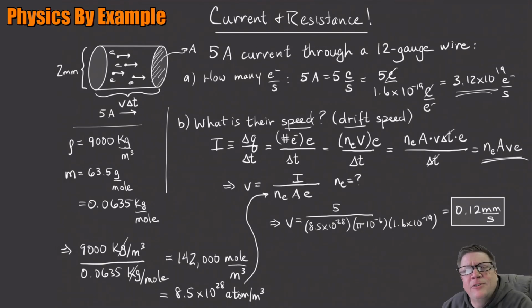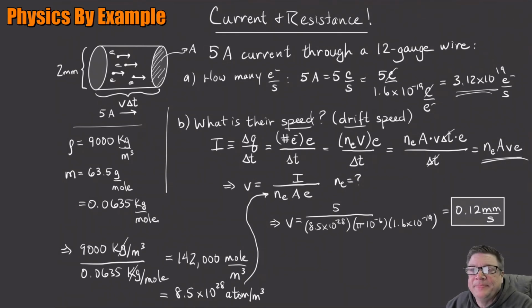So it's kind of neat. That usually surprises people, that the drift speed of electrons in wires is so slow. We'll show in the future the thermal motion. What's the actual speed of a particular electron in the wire? It turns out it's on the order of 100,000 up to 1,000,000 meters per second. So they bounce around like crazy and just have this tiny little component down the wire,